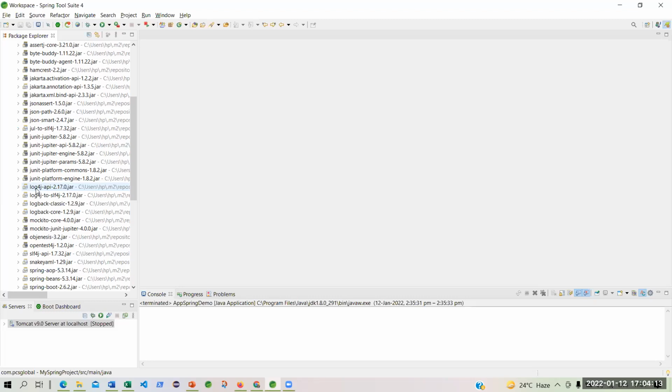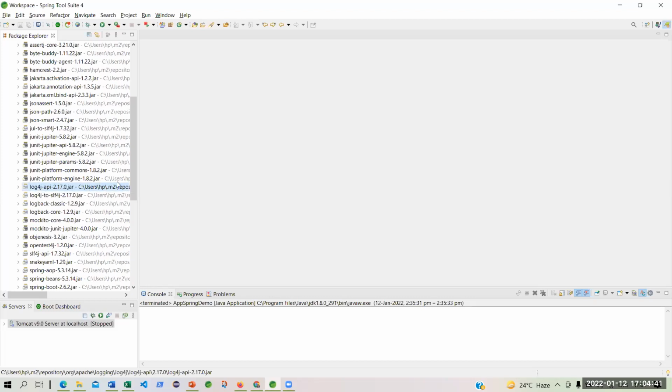Somebody has accessed your user table. Somebody has accessed your payroll table. All this log, or whatever the application, some function it has been used. Some REST API has been used, or a new entity has been created. All this will come into a log file, and that log file is supported by an API called